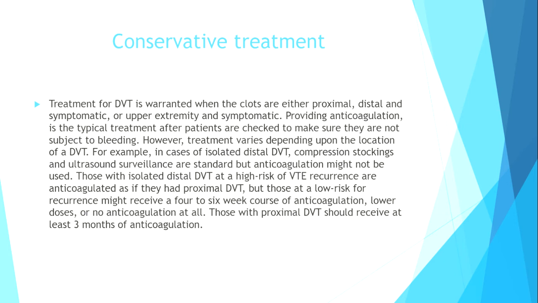For example, in case of isolated distal deep vein thrombosis, compression stockings and ultrasound surveillance might be used, and standard blood anticoagulation might not be used. Those with isolated distal deep vein thrombosis at a high risk of venous thromboembolism recurrence are anticoagulated as if they had proximal deep vein thrombosis,